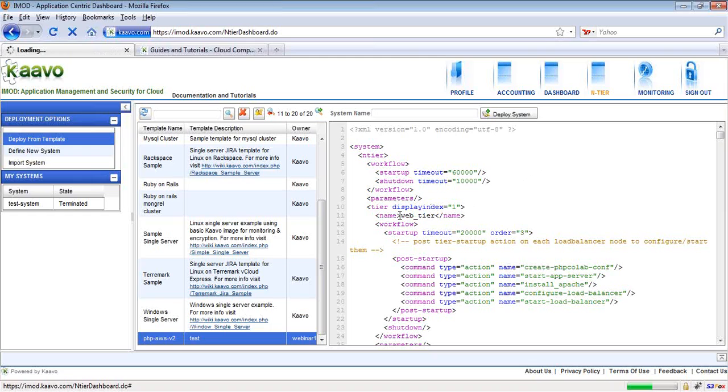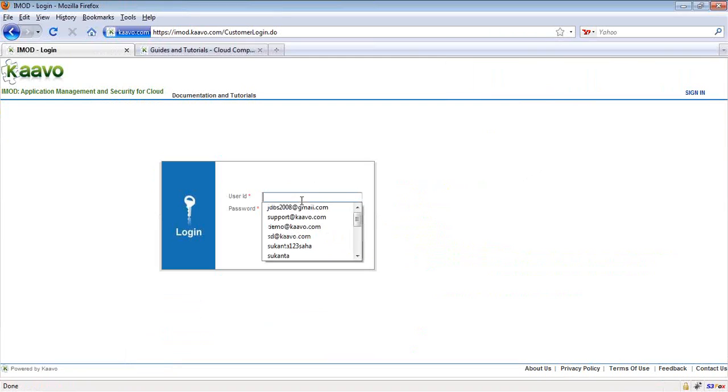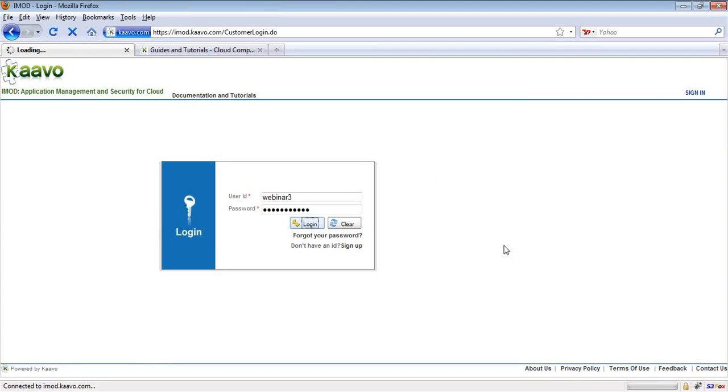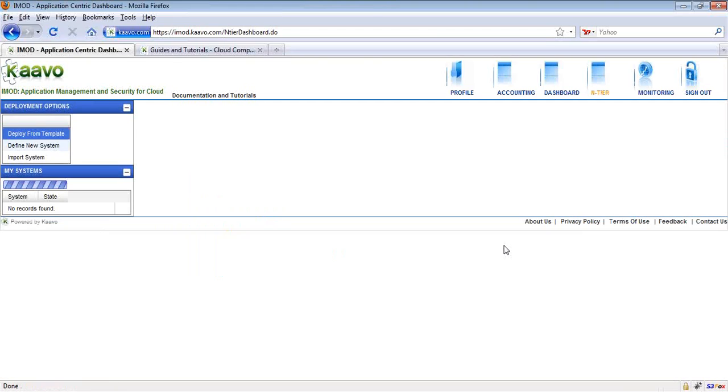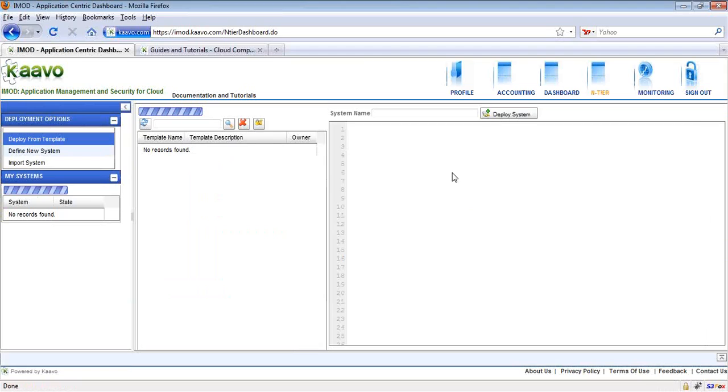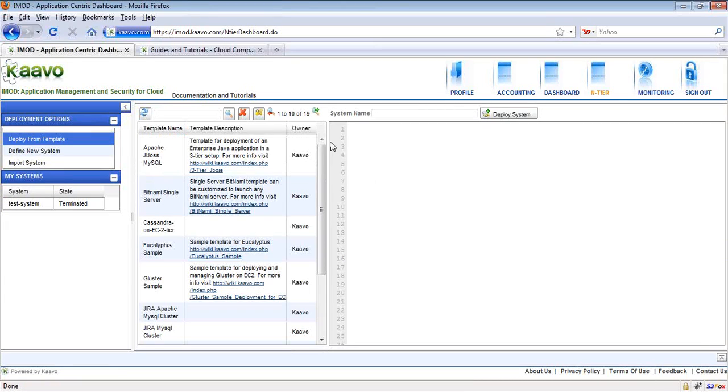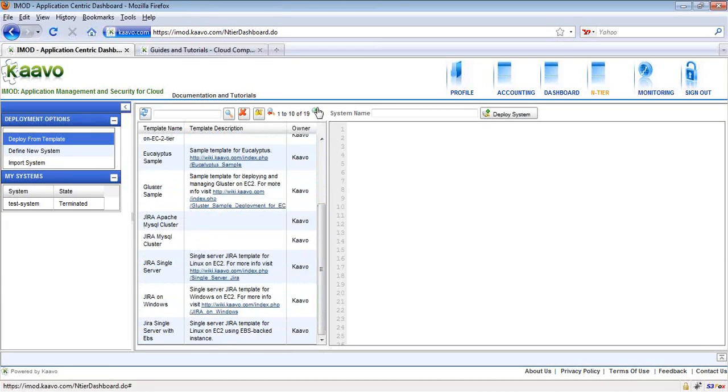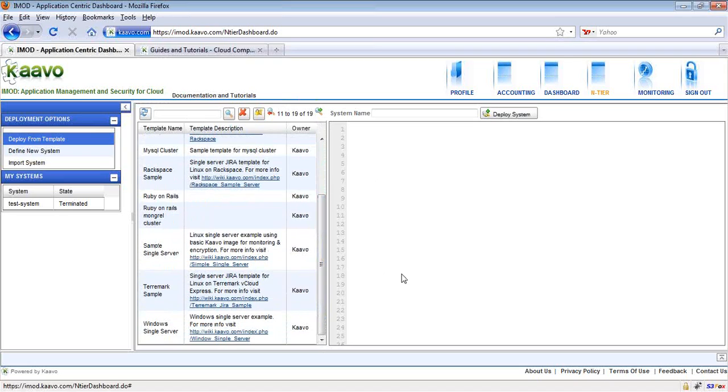Now let me log in as webinar 3 and see if this template is available. No, this template is not available and it should not be because webinar 3 was not allowed access to this template.